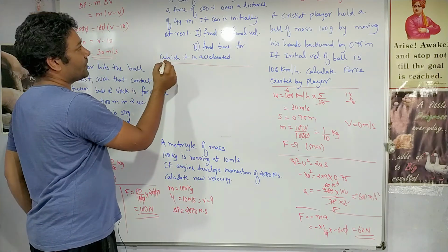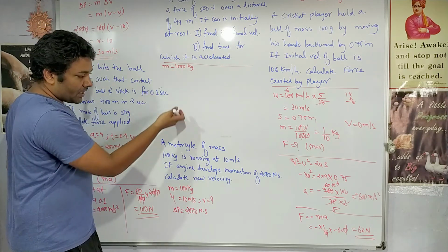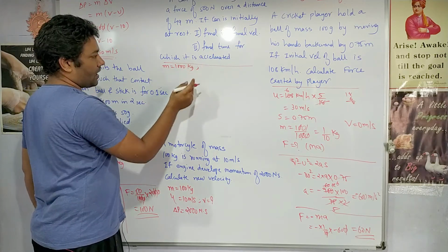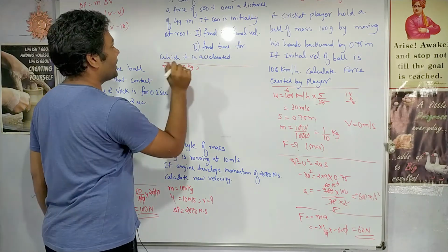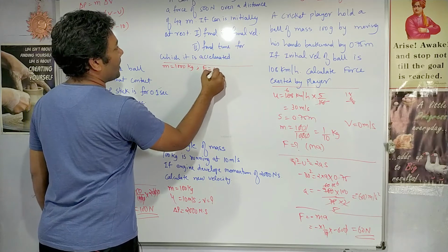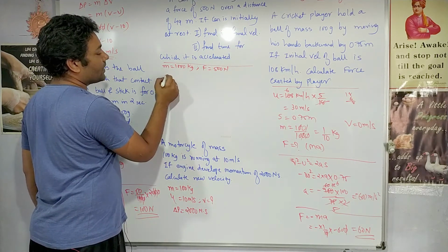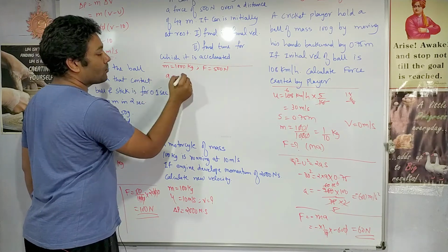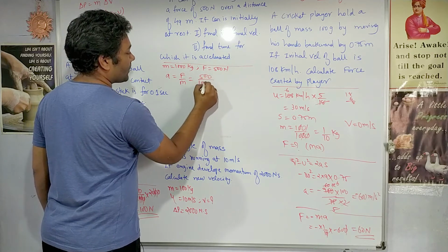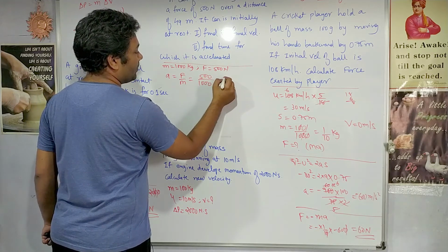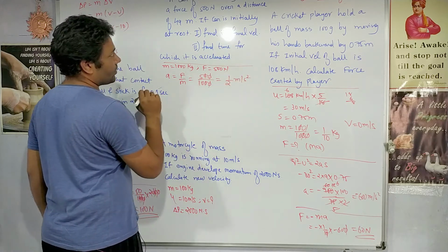Let us write down the given data. Mass is 1000 kg, right? Data must be represented top to bottom. I have a space crunch, so I am writing sideways, but your presentation should be very neat and clean. Force of 500 newtons, right? Force we know, mass we know, so obviously we can calculate the acceleration. So acceleration will be how much? Force upon mass. So if we calculate 500 upon 1000, the zeros cancel, so it will give me 1 upon 2 meters per second square acceleration.